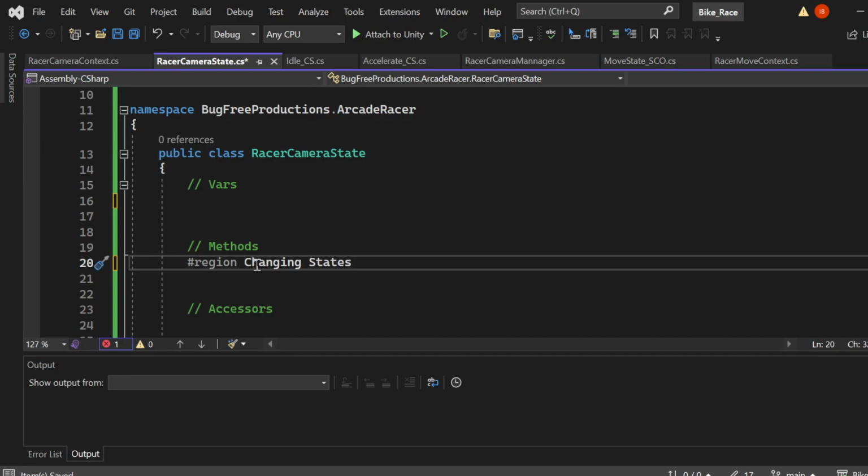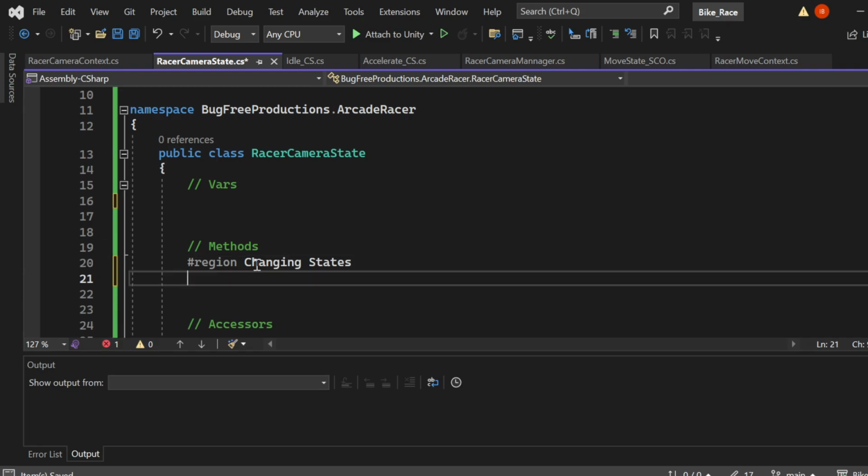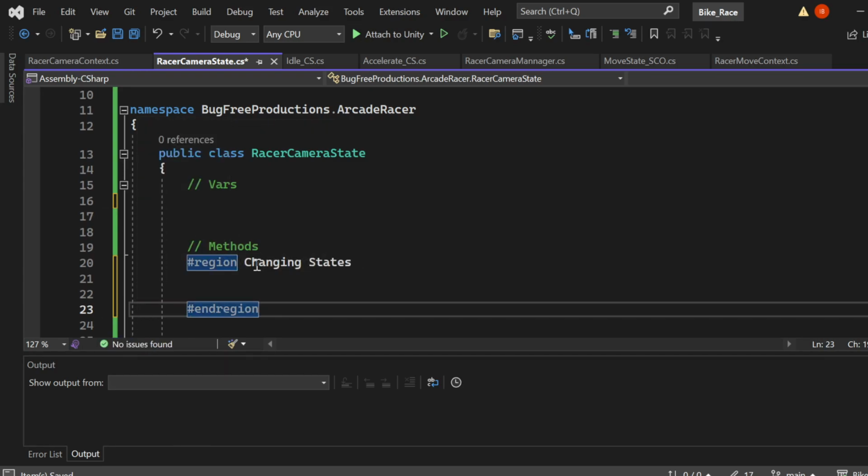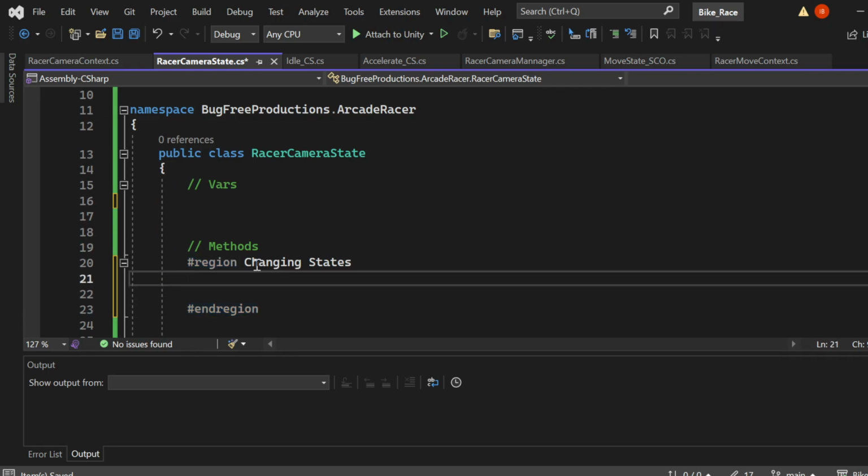Open a couple of lines and an end region. So ending the region. This is just going to be for changing states, which in this case is going to be a